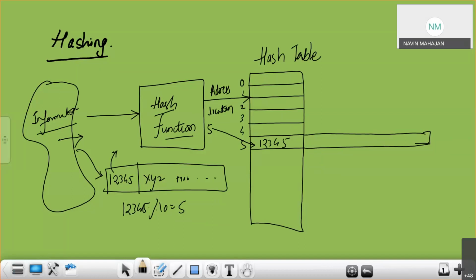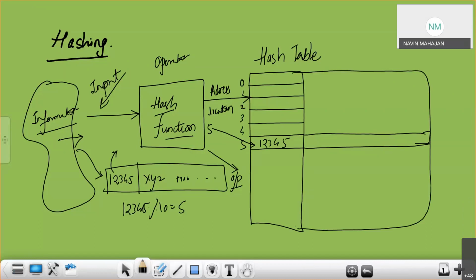So if you see this, what is hash function or hashing? Hashing is a technique where we apply a particular operation on input data which generates equal width size output, which can be considered as an address or location in the hash table.